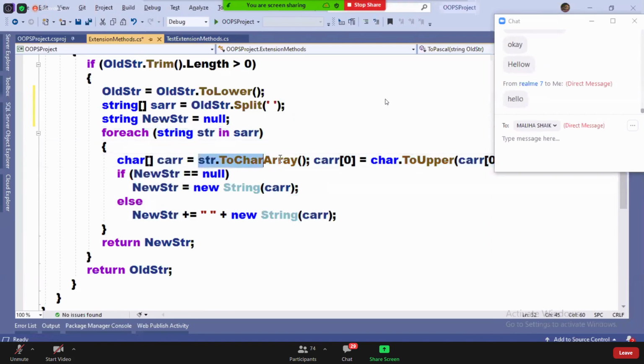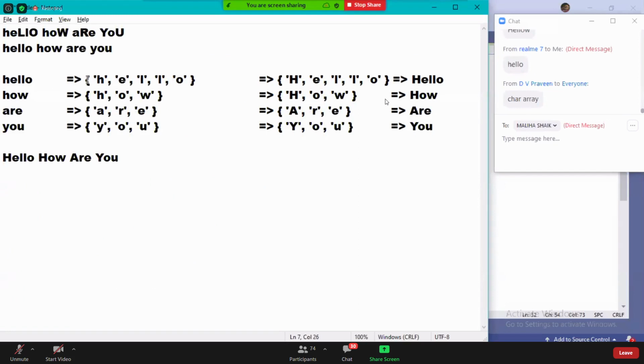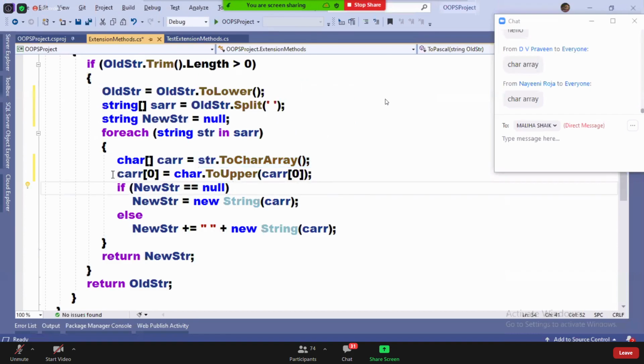Now see what I called. ToCharArray. This hello is now converted into a character array. After converting this into a character array, see the next line, guys.